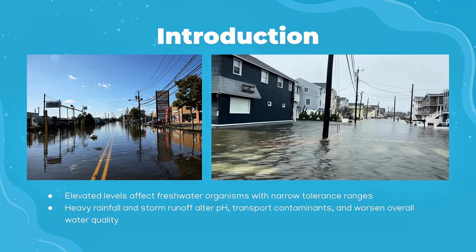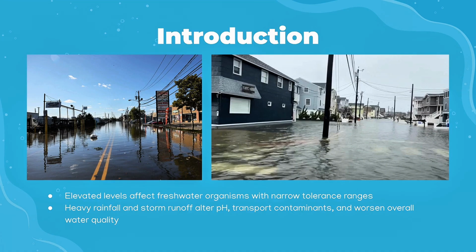Elevated salinity and conductivity can have immediate physiological effects on freshwater organisms, which often have narrow tolerance ranges. Rapid changes in these parameters can impair osmoregulation, reduce reproductive success, and lead to declines in sensitive species populations, ultimately leading to biodiversity loss and altered ecosystem function. Furthermore, persistent high conductivity signals prolonged exposure to salts and other dissolved ions, which can accelerate soil degradation and reduce the viability of salt-sensitive crops, thereby affecting local agriculture and food security.